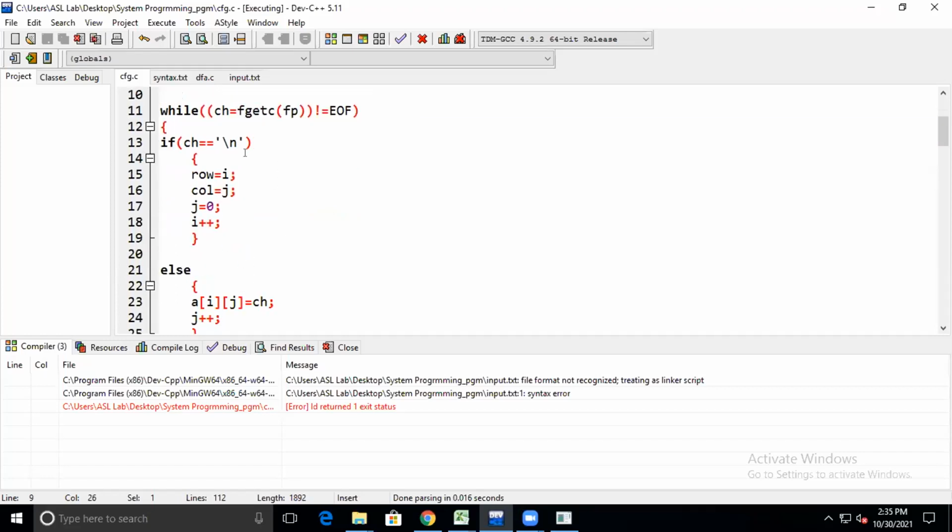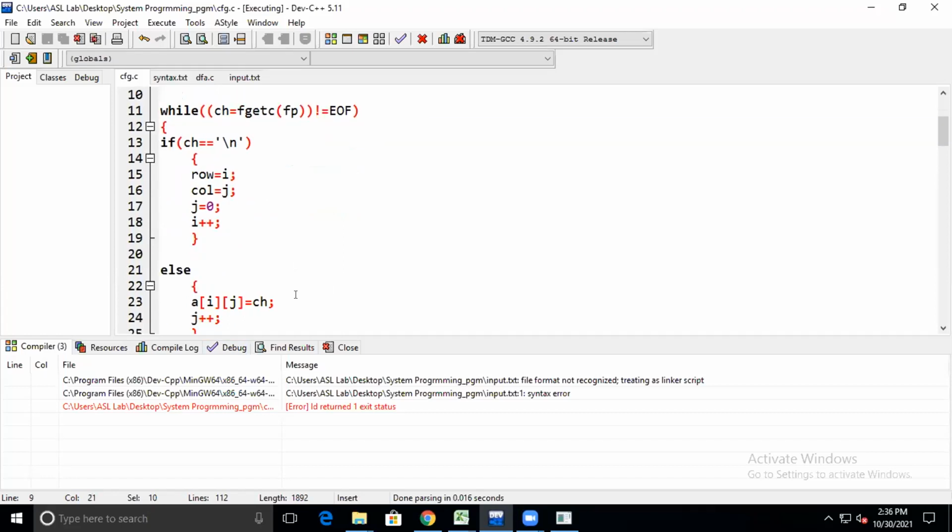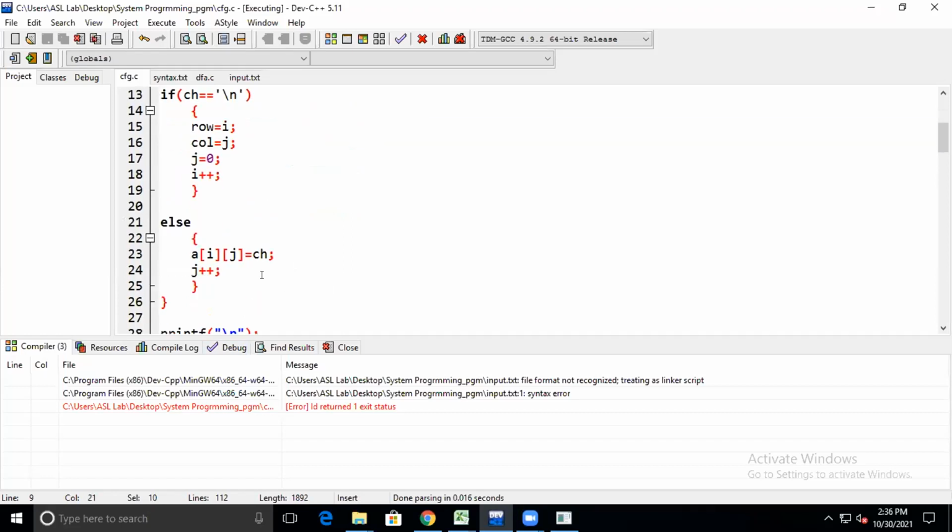Else, if these are not the conditions, then I need to print in this format, that is a of i and j equals ch. Whatever the content in the syntax file, it should get printed, and the increment should be done.